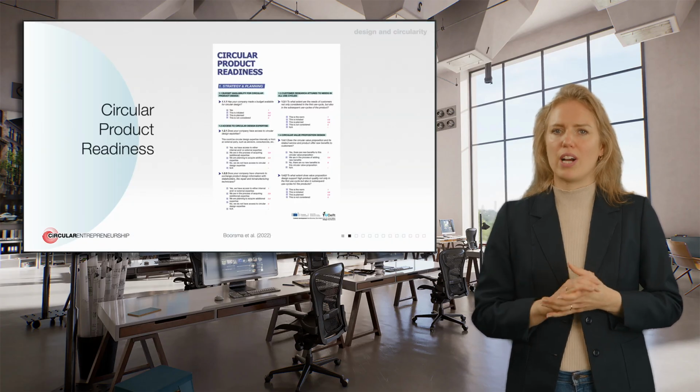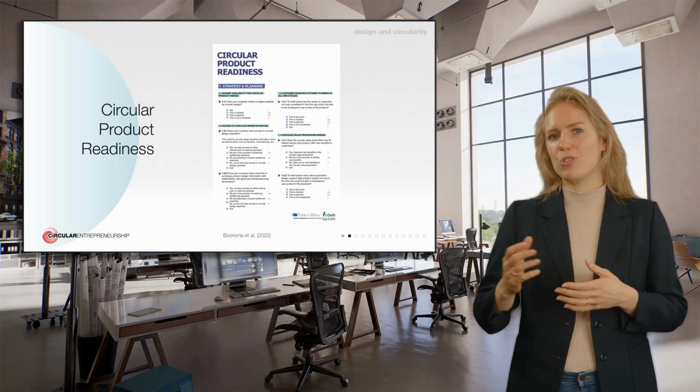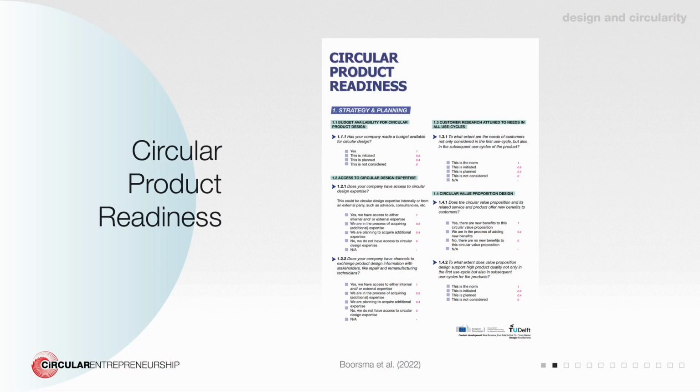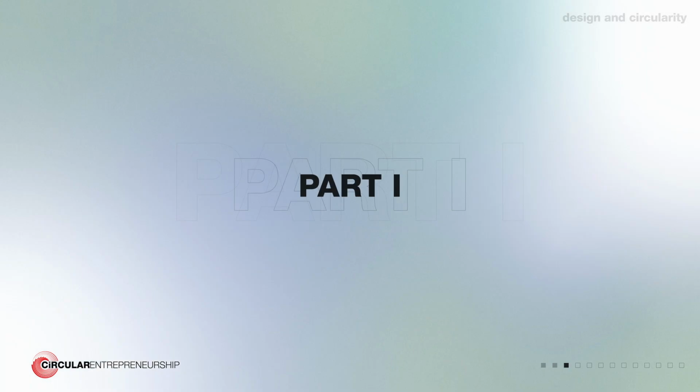It's time to explore how each of the 6 themes translate into practical design guidance. In the full assessment you see on the screen, we will walk through the specific circular design guidelines. Each theme touches upon revealing how strategy, design, service, and recovery come together to shape the circular product readiness. Let's dive into the details.